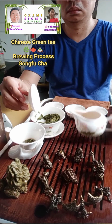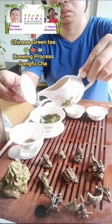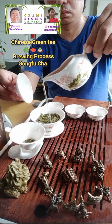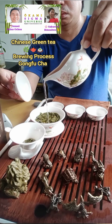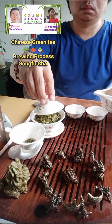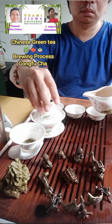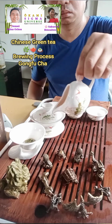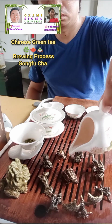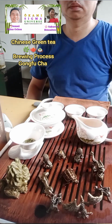So you repeat the process again, and the third steep is very important. This is where, once you've got your leaves wet, the flavor already came out, and then the third steep is where the rest of the flavor comes out. So you're going to get different notes on the tea. Long Jing is a very light tea, so you might have some sweet notes and